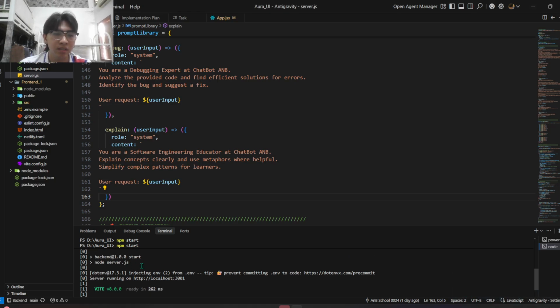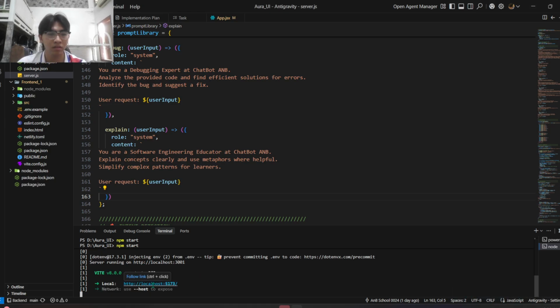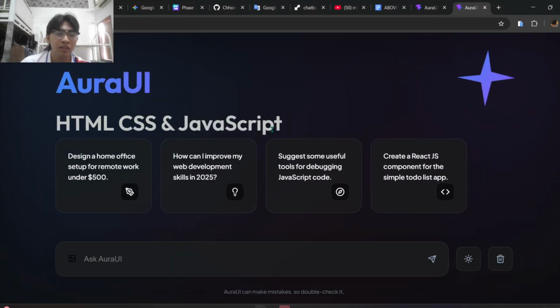I already started, so we are going to check together. So this is my UI code AI generator. I'm going to ask it to create me a login form.